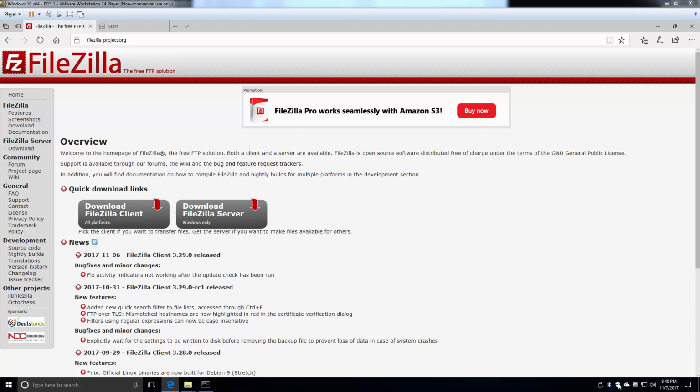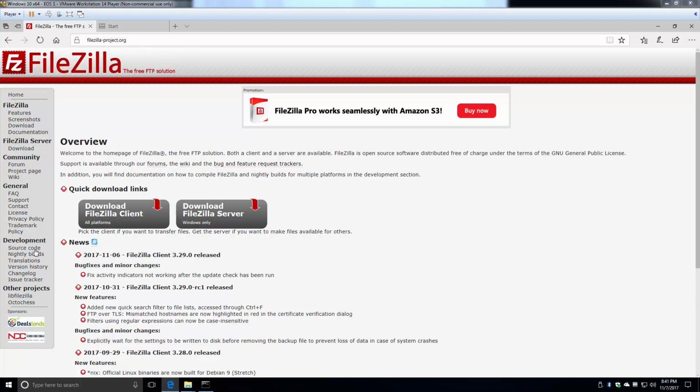I'm also using FileZilla, which is a free, open source, and very robust piece of software that I've used for a number of years. This should apply, for the most part, to the setup that I'm doing here. The foundation of it should apply to any FTP server software, but again, for this example, I'm using the FileZilla software. So if you go to the website,